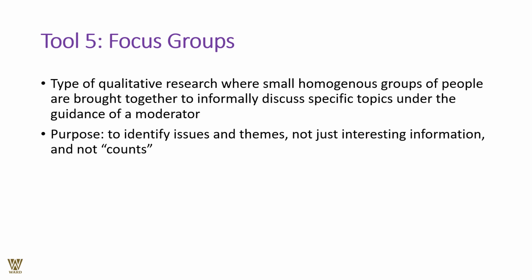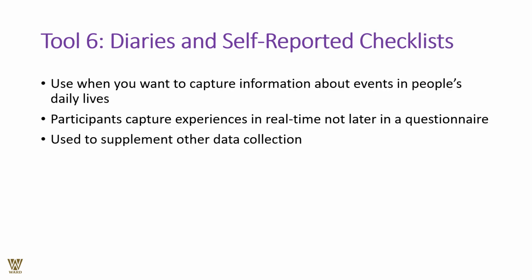Identify the issues and the themes thereby. Diaries and the self-reported checklist, this is something which is already present in the system. The tool, the logbooks: when you want to see what happened, you can always see the movement of your vehicle, the movement of your inventory, the movement of everything which has been logged in your diaries, and you can see how the consumption pattern changes for the inventory, probably how the consumption pattern changes for your traffic movement or vehicle movement.